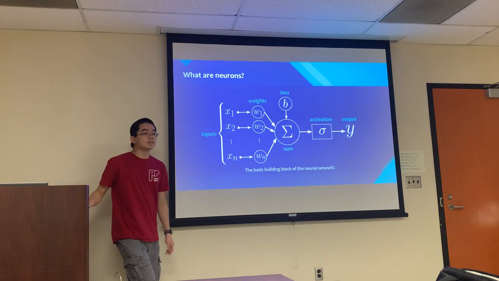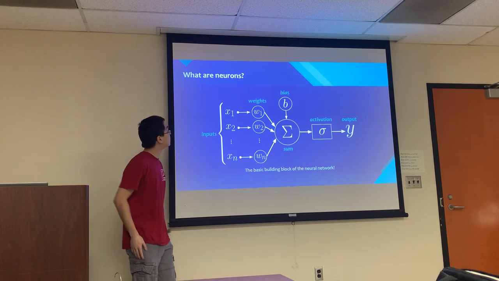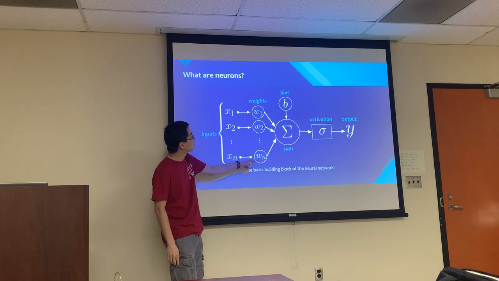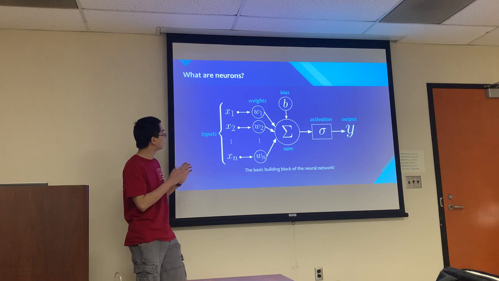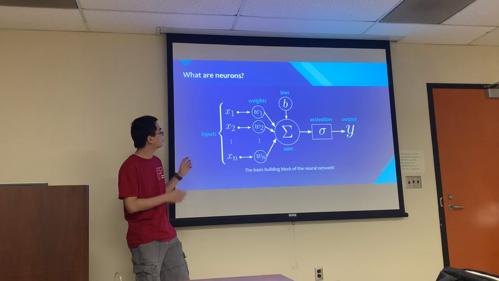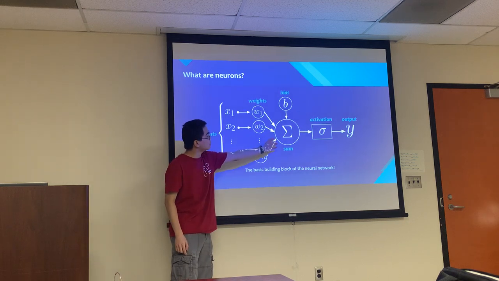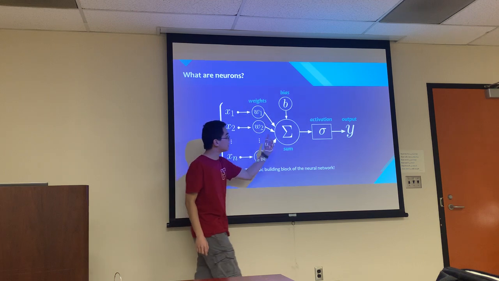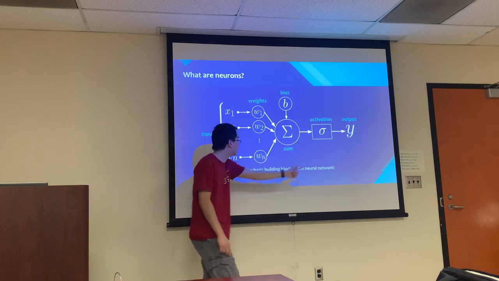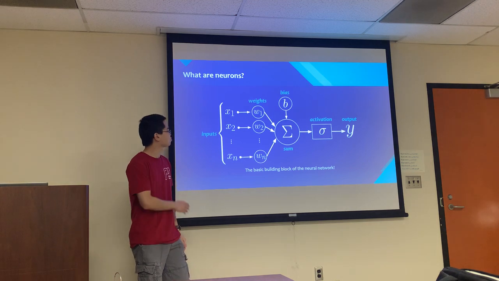So this is what a mathematical neuron looks like. Hopefully you guys have seen something like this before, but essentially we have n inputs, and then we have n weights that correspond to those inputs. You could think of each of these 1 to n things as dimensions. We multiply each of those along its dimension with the corresponding weight. We sum them together with a bias, and then we pass it into an activation function, which we'll be talking about later. And then finally, we get the output of the neuron. This is basically the fundamental building block of a neuron.